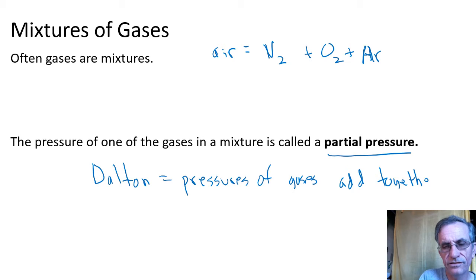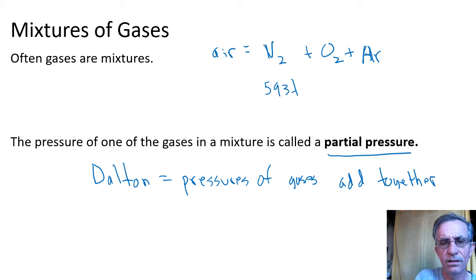All right, pressures of gases add together. So a pressure of any one of those three, the nitrogen and the oxygen and the argon, that would be called a partial pressure. If I want to know the total pressure, you can just add them. So right now, for example, the pressure from the nitrogen in the air, I guess we'd call that the partial pressure of nitrogen. It is about